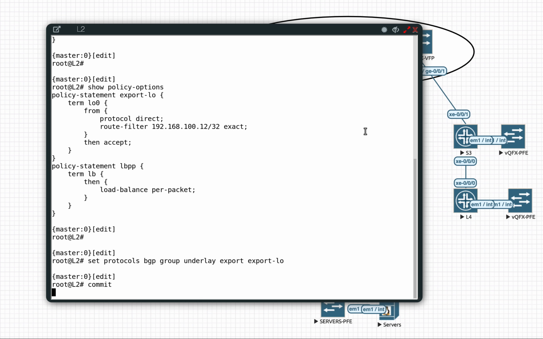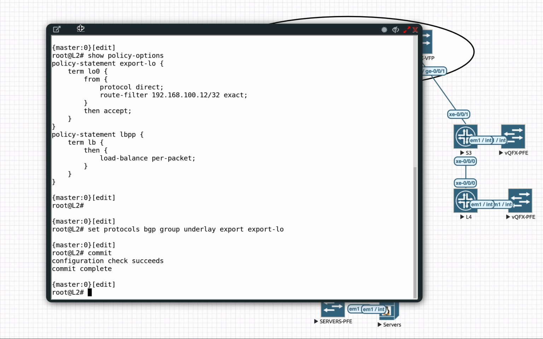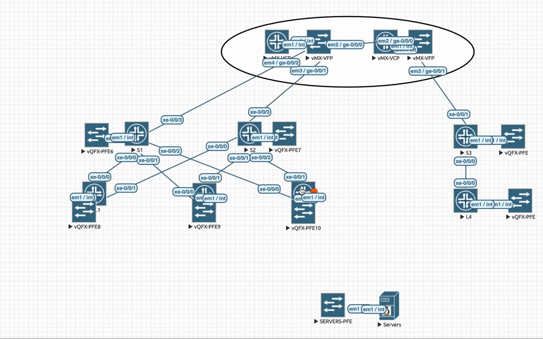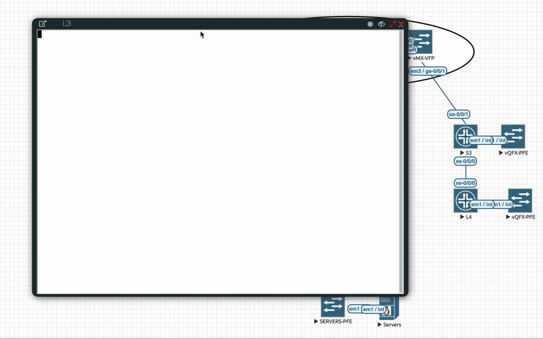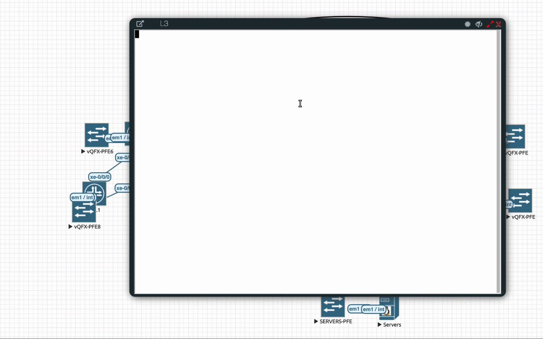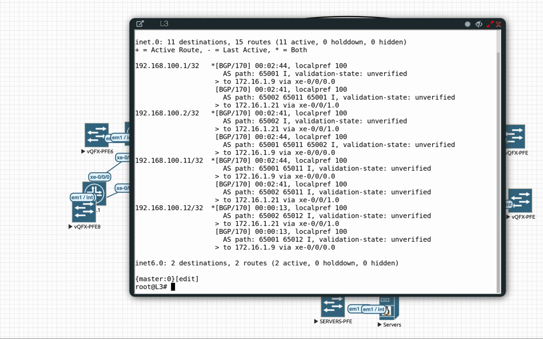All right, so while it's committing from leaf 2, we go to leaf 3 and we try to check if the route has reached here, and we have very well got it. Okay, so now if you say run show route